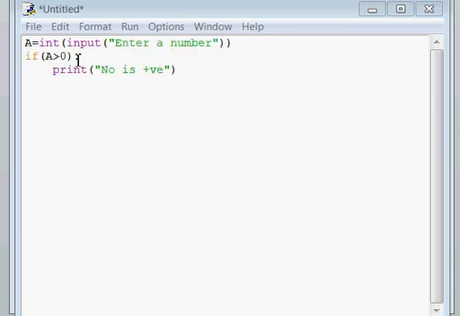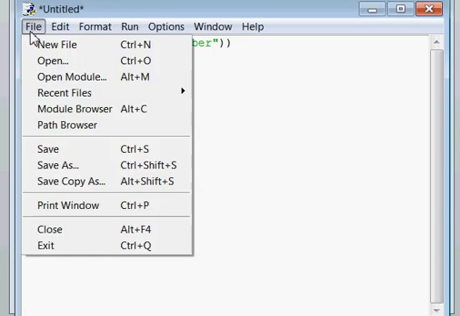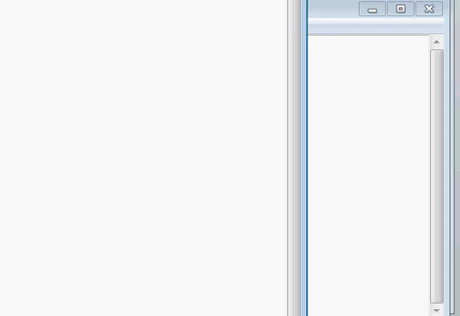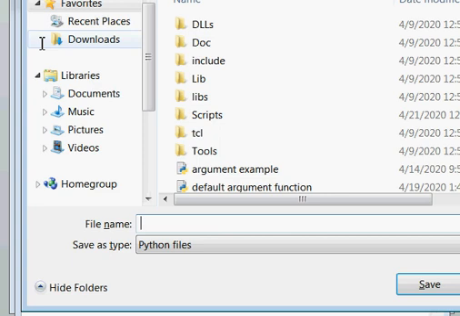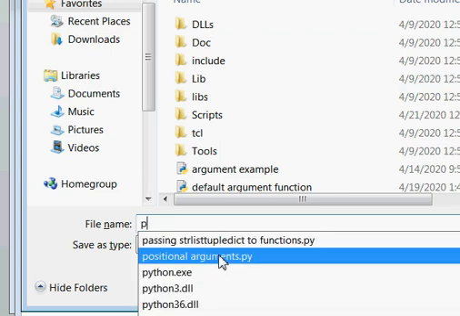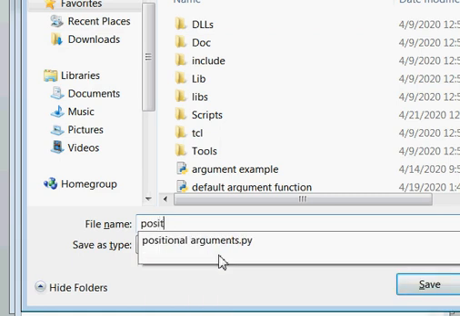So I have made a little code here, and this code is only doing one thing, that is checking whether your number is positive or not. If your number is not positive, then it will not print any message. It is just printing that your number is positive when you have entered a positive number.